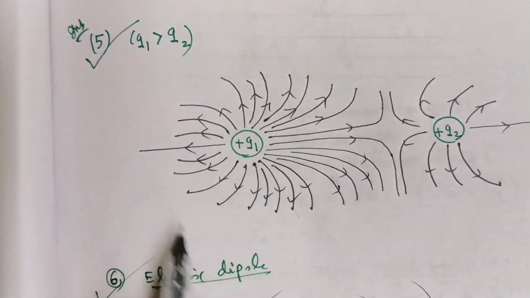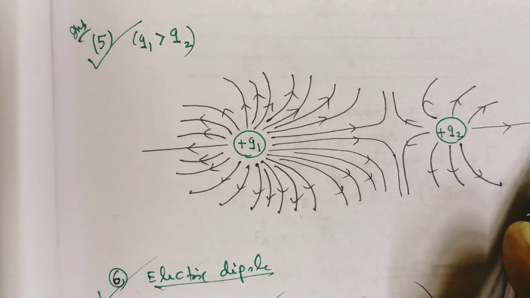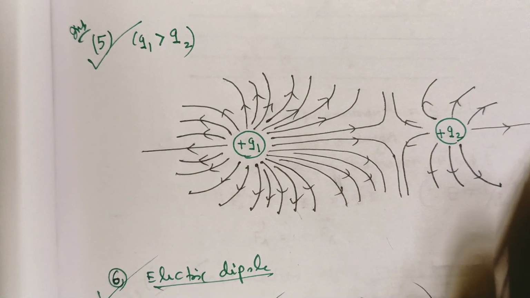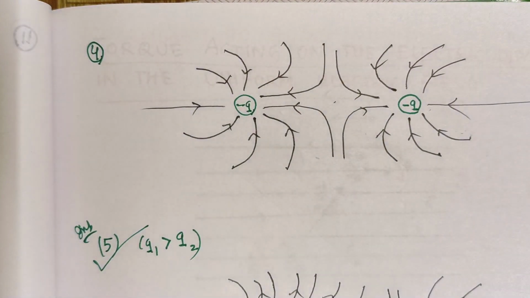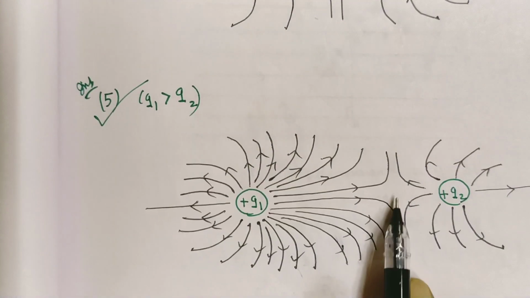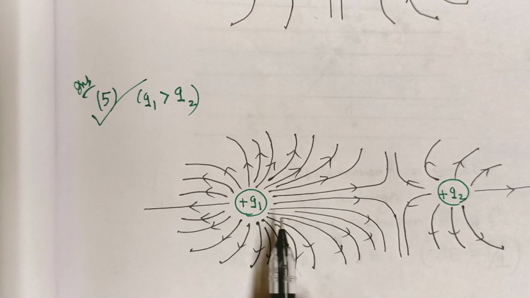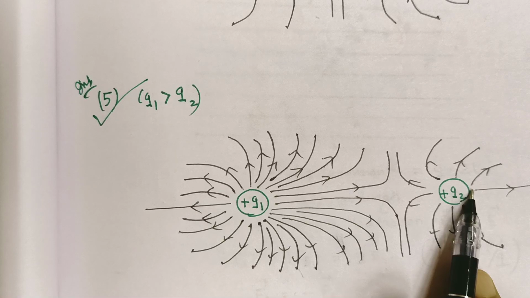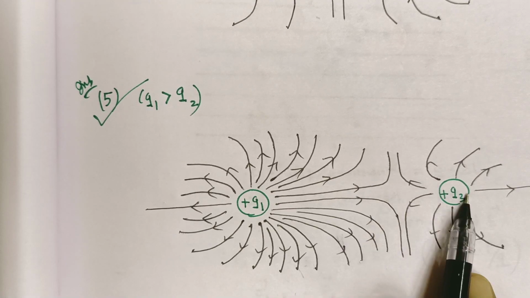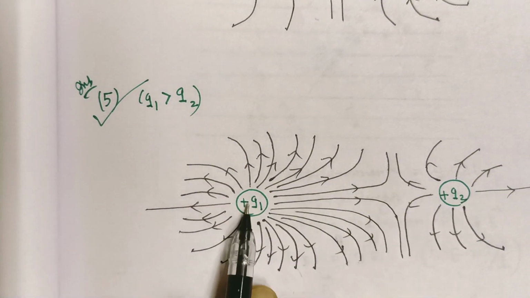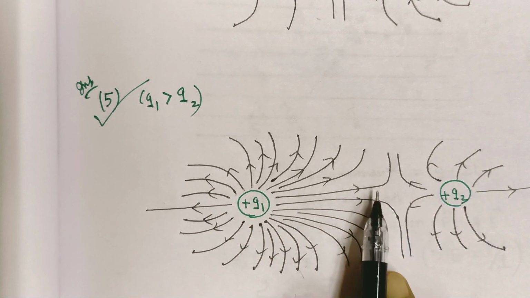Now an important question for you. There are two charges Q1 and Q2, both positive, but Q1 is much greater than Q2. How can you draw the electric lines of force? First you draw this straight line, outwards and outwards. They will repel each other. You just see this figure and this figure. Here the repulsion point is exactly the middle point, but here it is not the middle point. This is the practice of numericals we have done, the 10 coulomb and 2 coulomb. So the neutral point is near the 2 coulomb charge. That's why the neutral point should be near the smaller charge. Here Q1 is greater, so the neutral point should be at the smaller charge. If both are the same, the neutral point should be at the middle point.